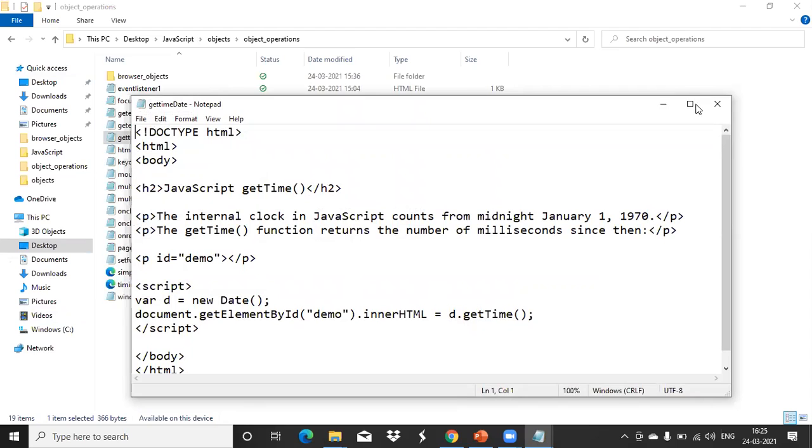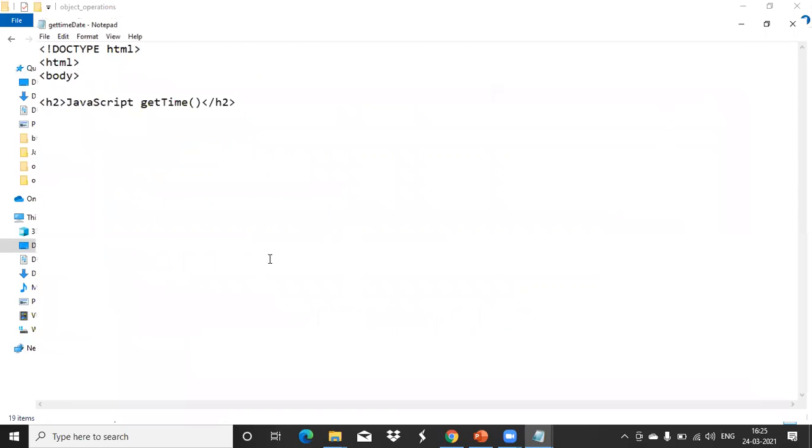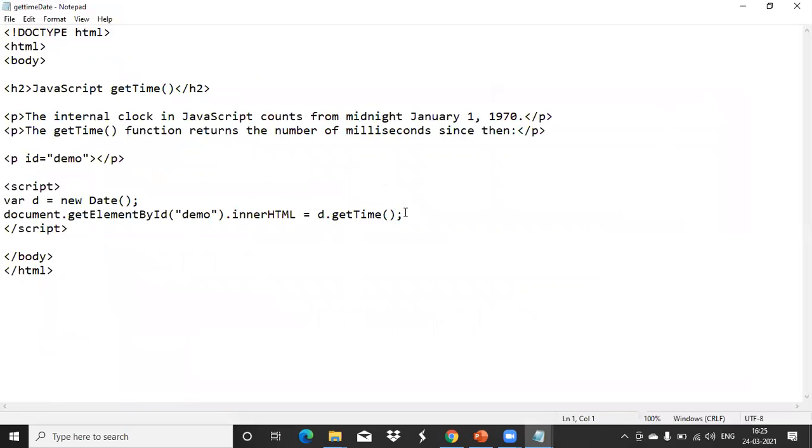Now that same thing, how to get the milliseconds? I think yesterday one doubt was asked about that. How do we get that milliseconds value? From January 1st, 1970, since then, how many milliseconds there are, that value we get using this getTime method.